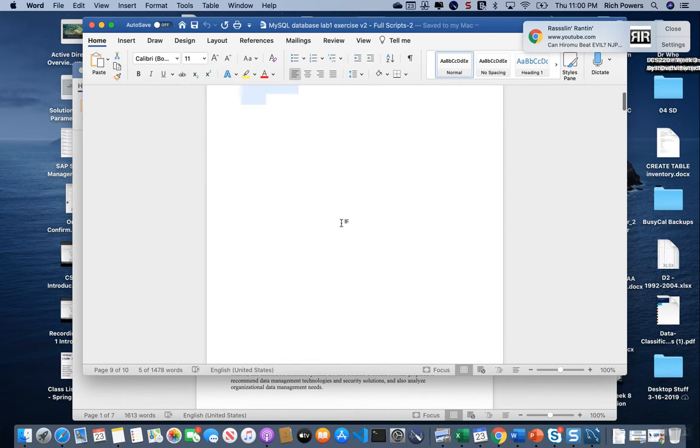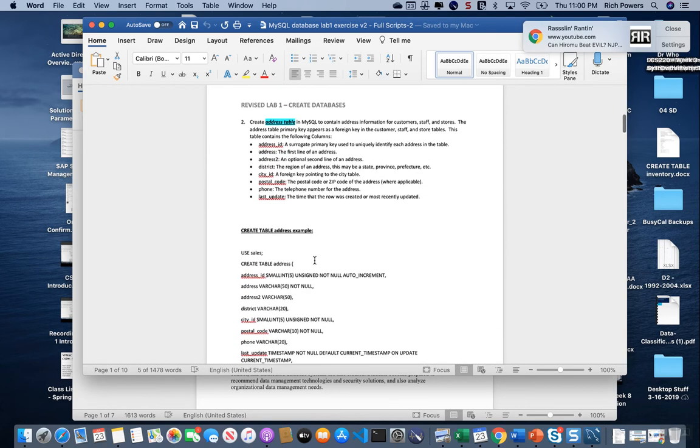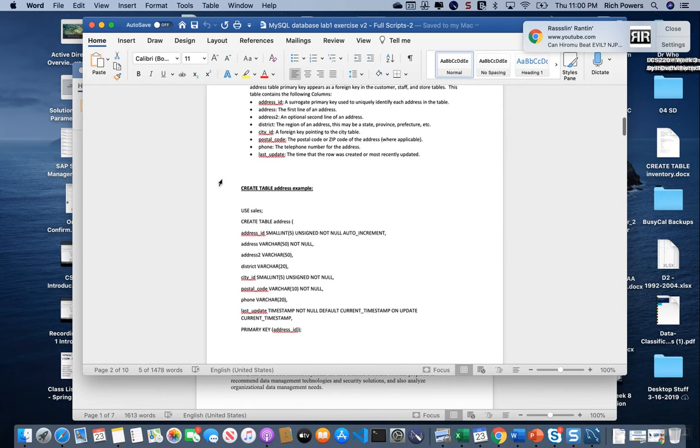So let's go back up. We've created our database, sales. Let's do our create table. We'll do the first couple and kind of walk through it. What I've defined here are the SQL commands that we use to create this